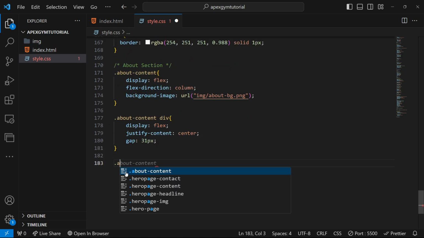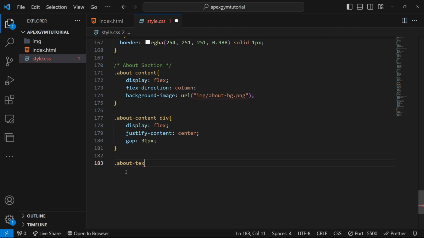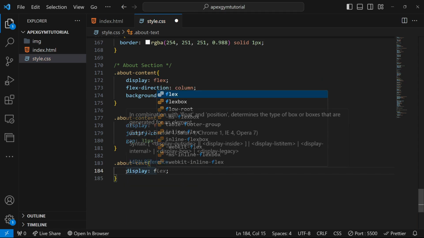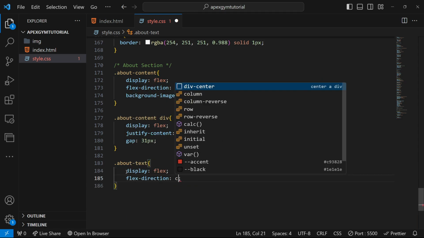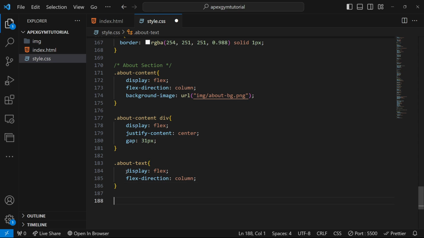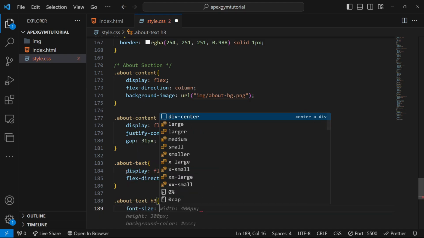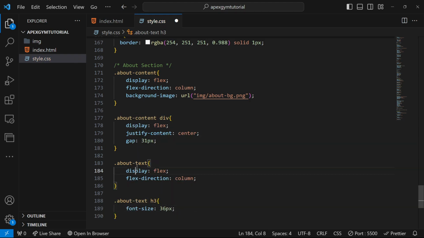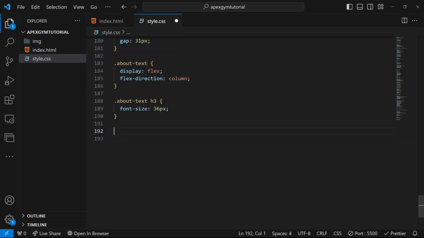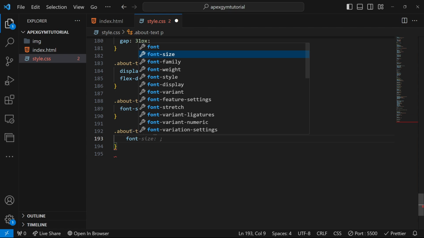And class text about, display flex, flex direction column, that about slash text h3, font size of 36 pixels. And let's design the paragraph. About text p, font size of 24,